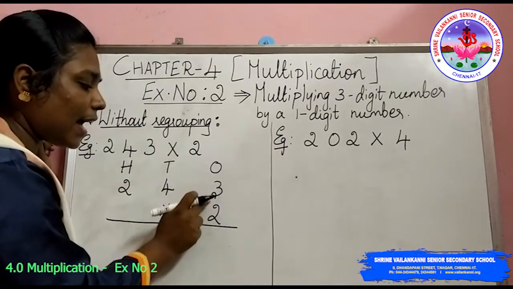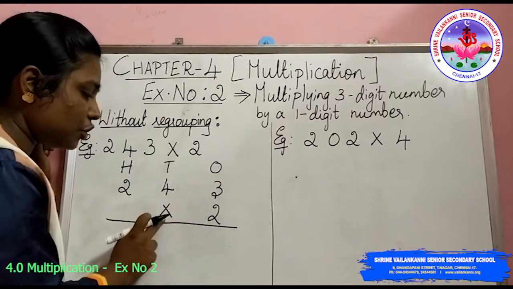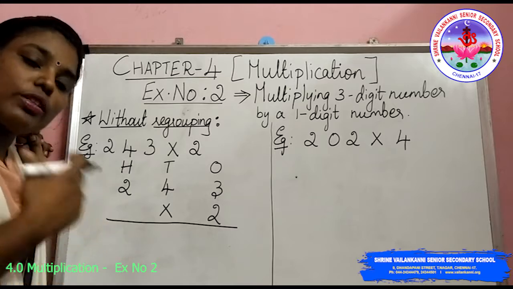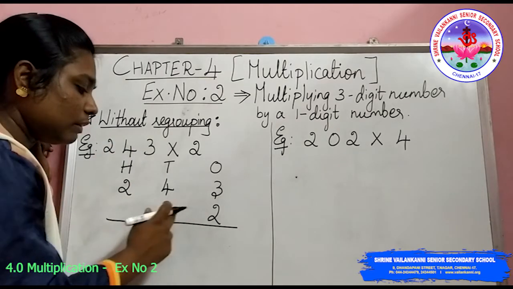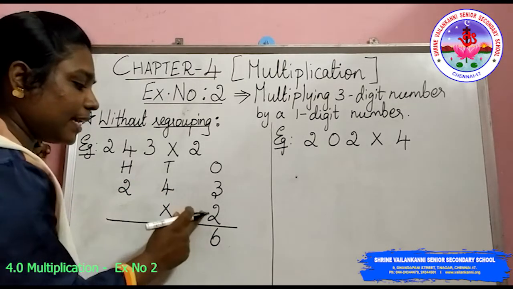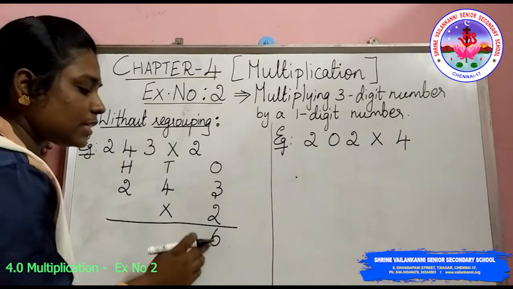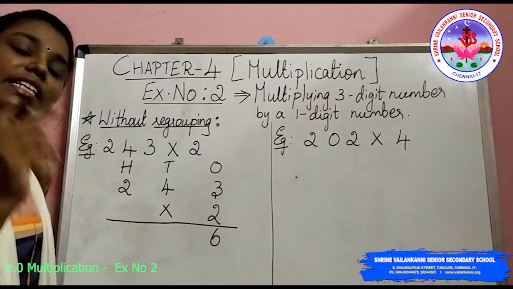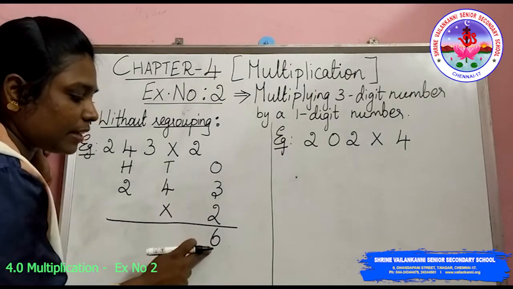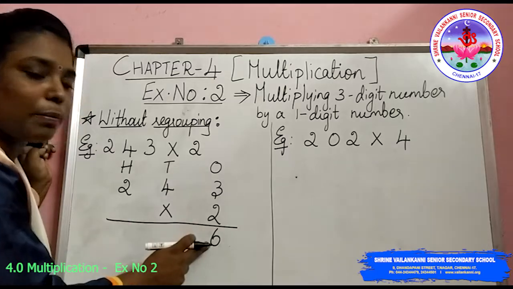So this 2 has to be multiplied with the ones place value 3. That is 2 into 3. So 2 3s are, what is the value? You know the table, right? Just think, 2 3s are 6. Now the multiplication of the ones place value is over. Since 2 3s are 6, and 6 is a 1-digit number, directly we have written it in the ones place. Even when you are writing the answer, you have to write straight to the given place value.